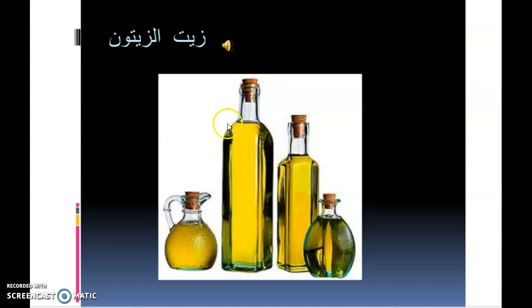So this is Zayt al-Zaytun. So Zayt is oil and al-Zaytun is olives. And we all know that olive oil comes from olives. Again, Zayt al-Zaytun. In our traditional cuisine, remember I come from Lebanon, we use a lot of olive oil and this is